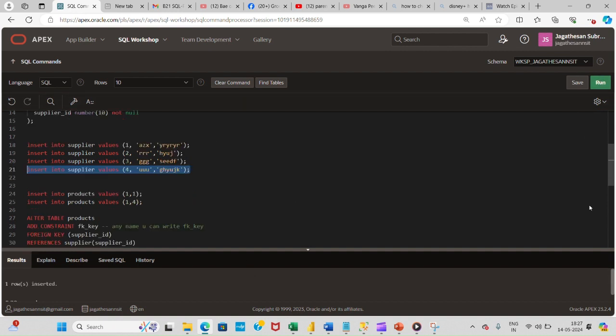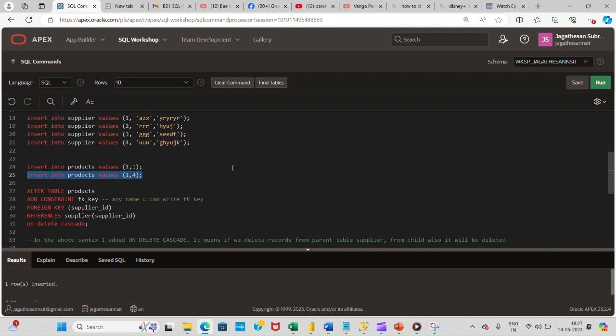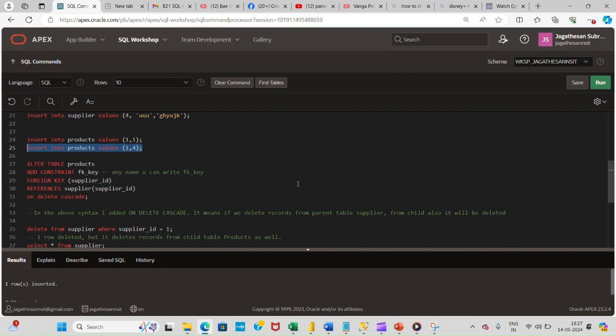Okay. Now I'm going to insert product table, child table records. So first record inserted and I'm going to insert the second record. Okay. Now I have created two tables and I have inserted a few records in both tables. Now I'm going to make a relationship between both tables using foreign key, and we can use on delete cascade